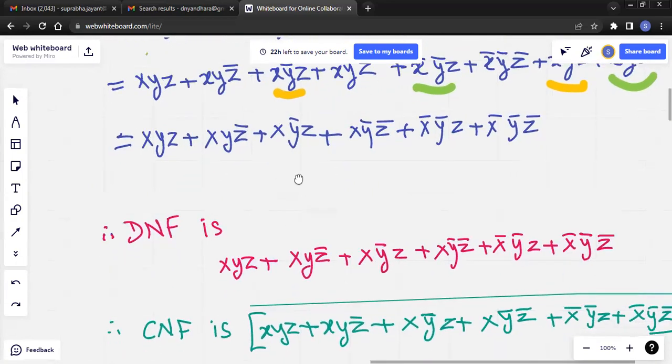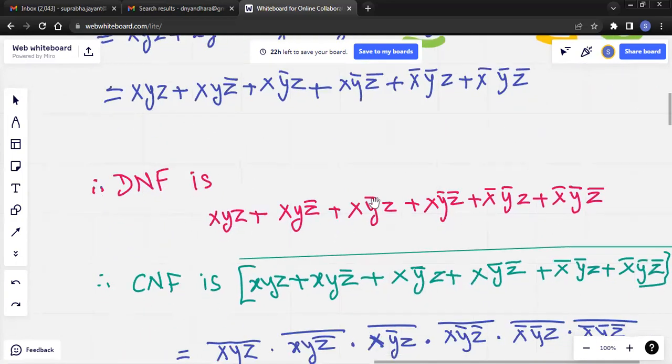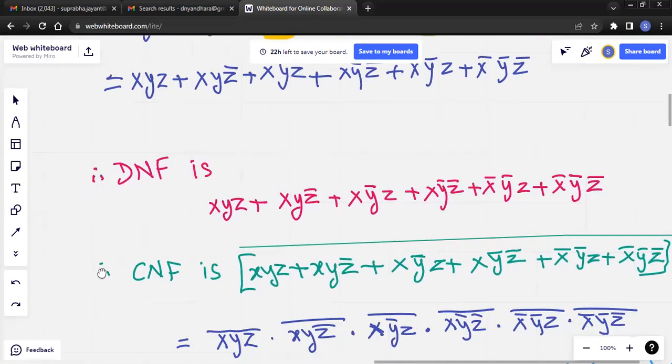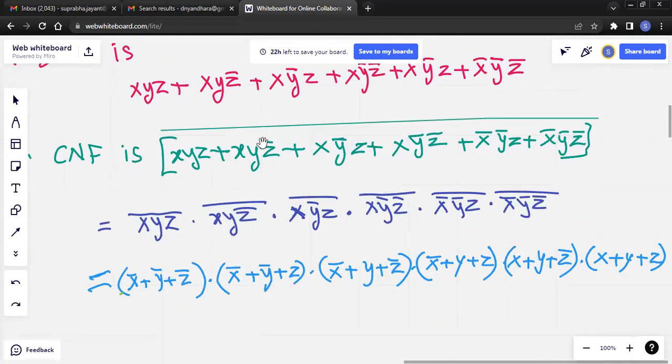Now, the DNF I have rewritten. Now how to get CNF? CNF is the complement of DNF. Complement means whole bar. Now what does this bar do? By De Morgan's laws, complement of the sum is product of the individual complements. So complement of the sum now becomes product